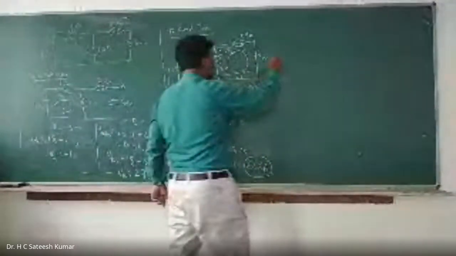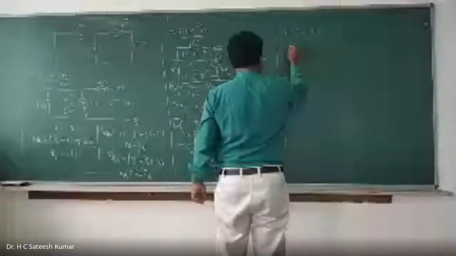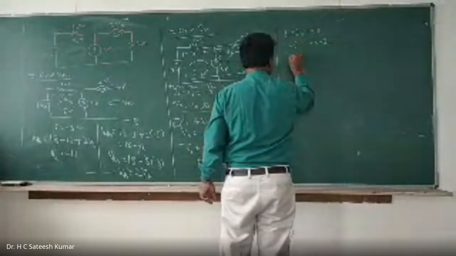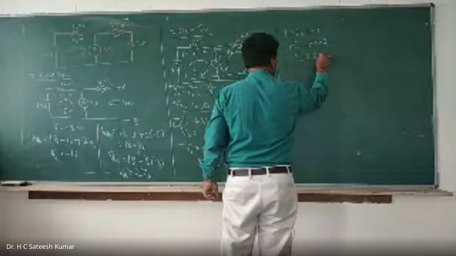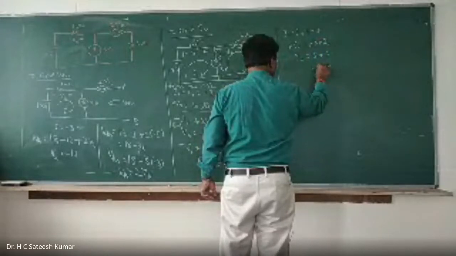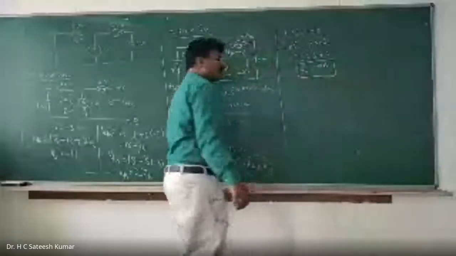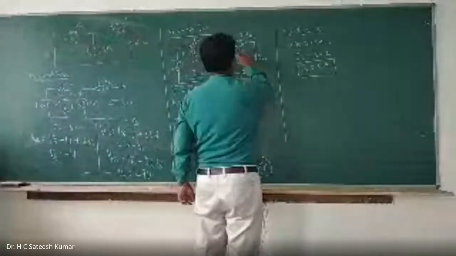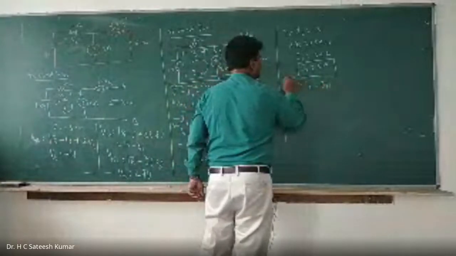Now substitute in this equation, I1 minus I2 is equal to minus 3. So minus I2 is equal to minus 3 minus I1, make it all plus. I2 is equal to 3 plus 6, that is 9 amps. So we got I2. Next, what do you want? IN. This IN is nothing but I2 only, so IN is equal to I2, which is equal to 9 amps.